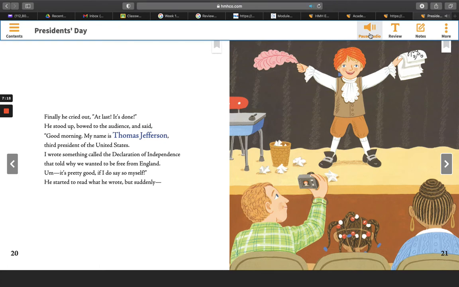Finally, he cried out, "At last! It's done!" He stood up, bowed to the audience, and said, "Good morning. My name is Thomas Jefferson, third President of the United States. I wrote something called the Declaration of Independence that told why we wanted to be free from England. It's pretty good if I do say so myself." He started to read what he wrote, but suddenly,